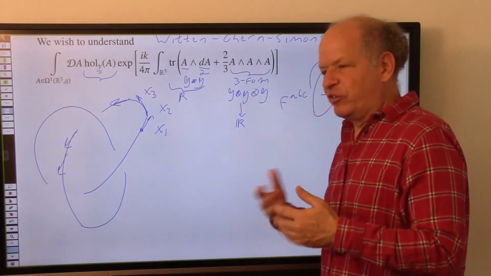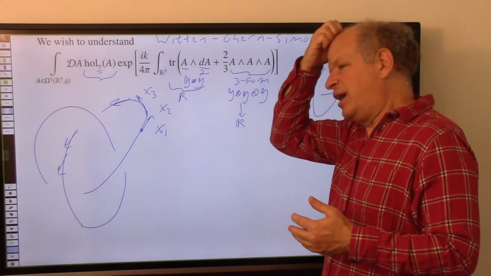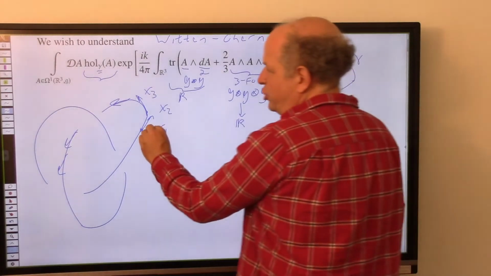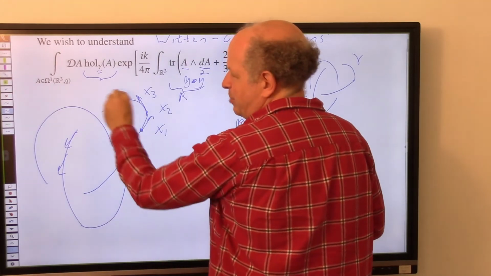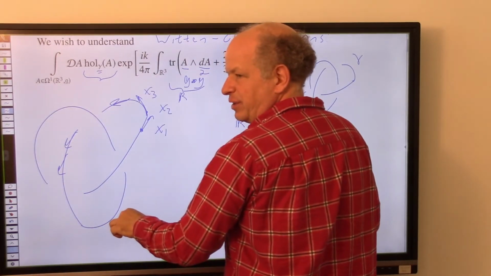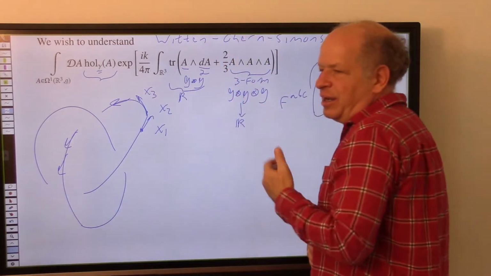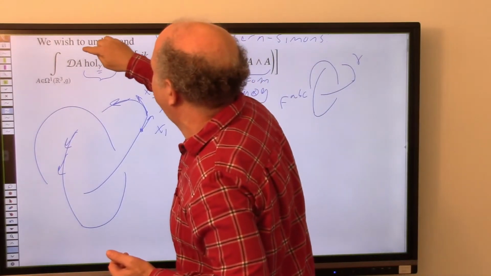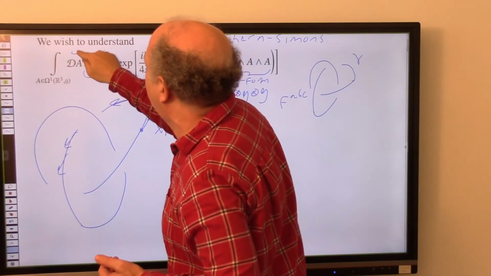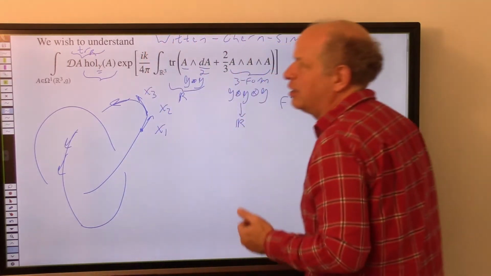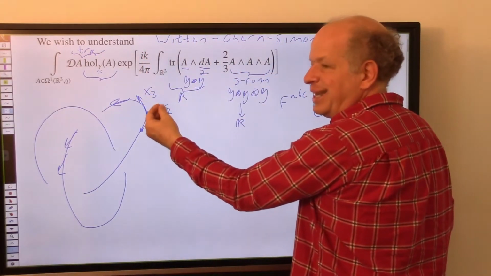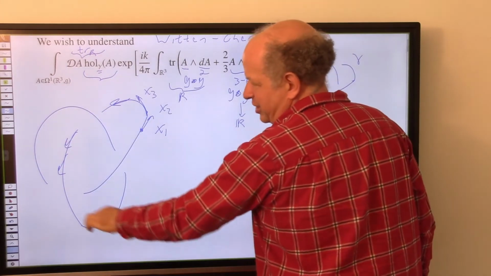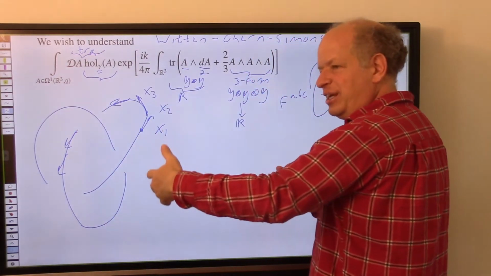Now, elements of the Lie algebra are infinitesimal elements of the group. So what you do is you multiply those infinitesimal elements of the group along the knot, and then you get a global element of the group. And maybe I should have said, sorry, when I wrote it I had something else in mind. So you take a global element of the group and then you take its trace in a representation, and you get a number. Okay? By the way, multiplying all these elements along the knot is roughly integration